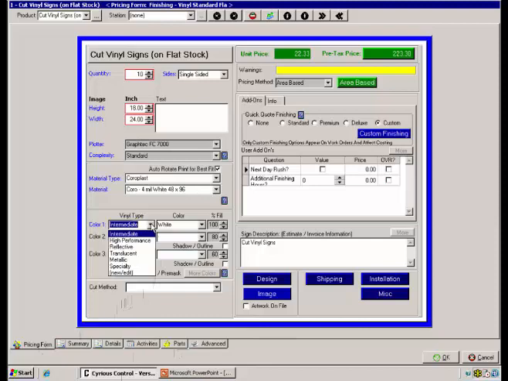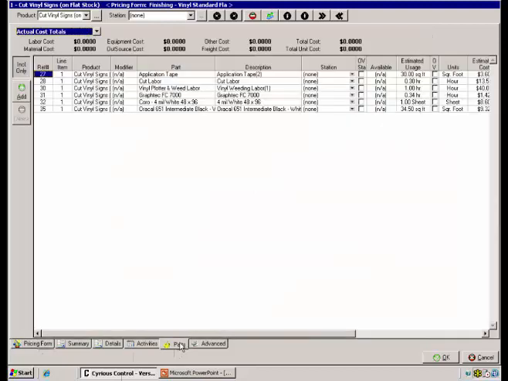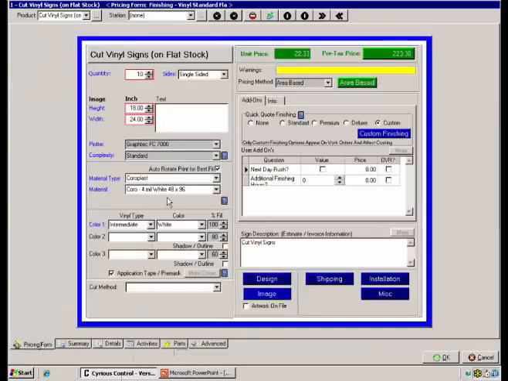Now if we look back at the part list, you'll see it is calculating the cut vinyl by the square foot. It is assuming on this product that we have 10 18 by 24s and we're basically doing 100% of fill of the white vinyl, which comes to that square footage. If we look at the part itself in the system,